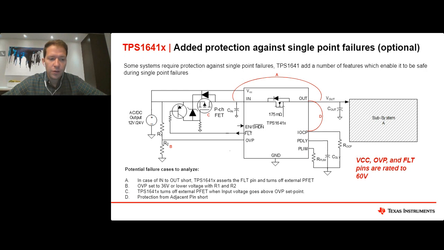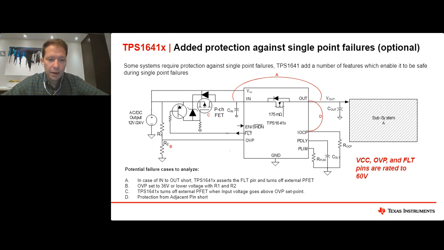The second is OVP. So what can be done is with an additional external PFET, you can provide protection up to 60 volts versus over voltage event. So if you need to shut off if the power supply ever fails, our device can detect that there's an over voltage event and then shut off this 60 volt PMOS to protect the downstream system. And that's all done with our adjustable OVP mentioned in case B.